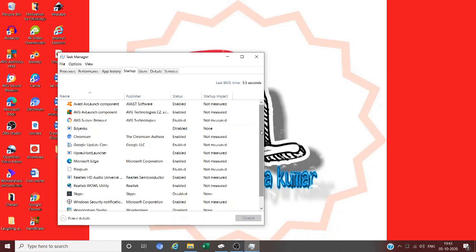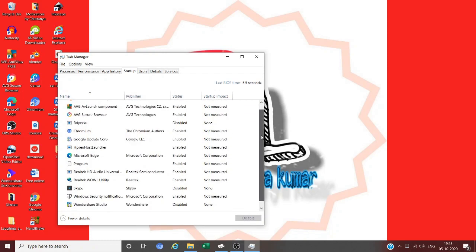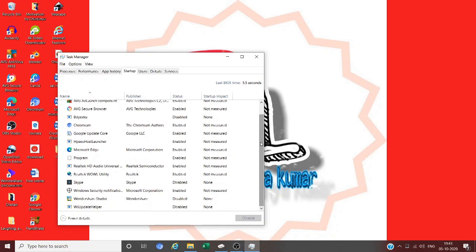But be careful here, don't disable the antivirus apps or Microsoft apps, the inbuilt default apps that are required. Because I have already done this, I have disabled the upgrade helper. Just click on an app, disable it, and close this.